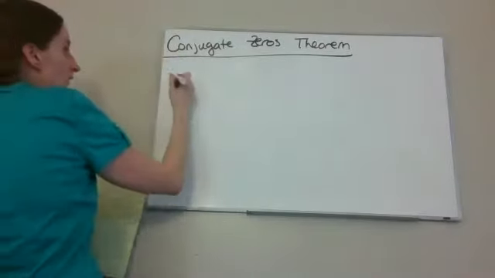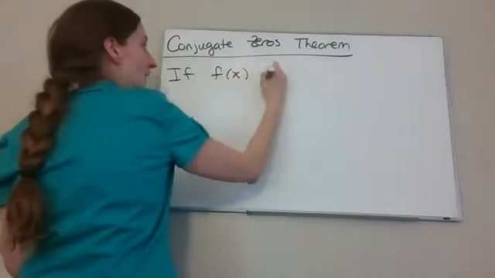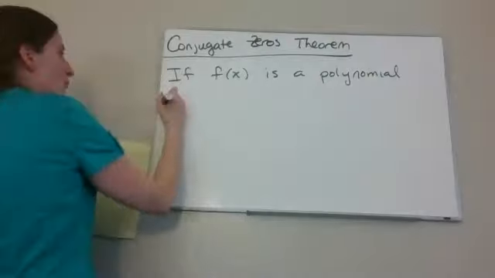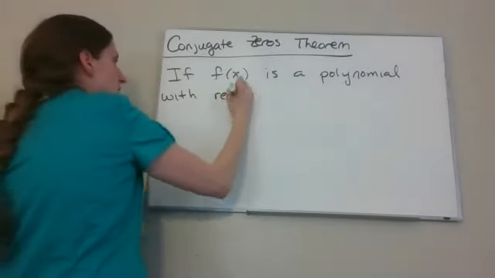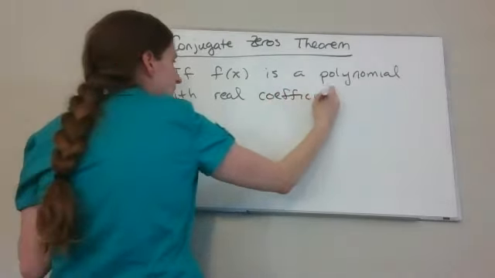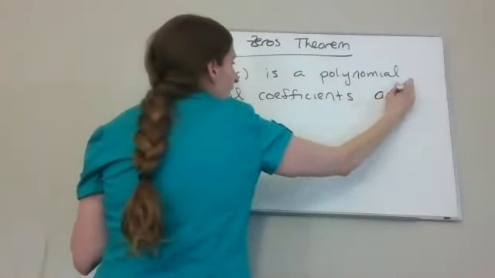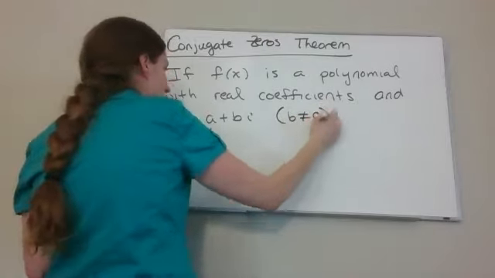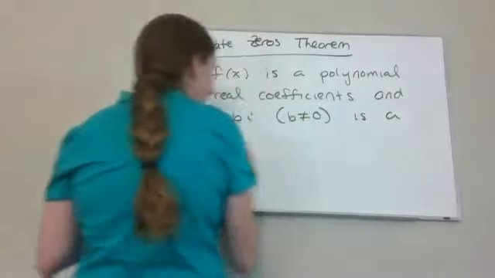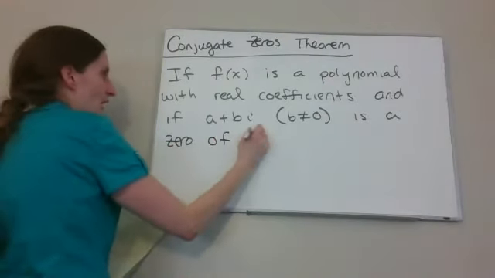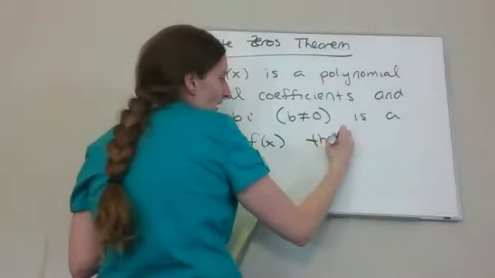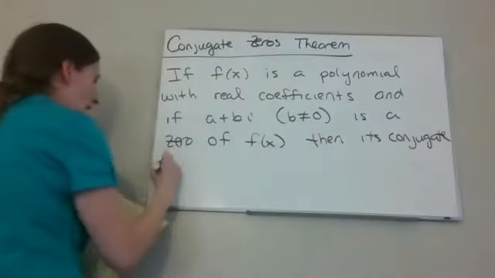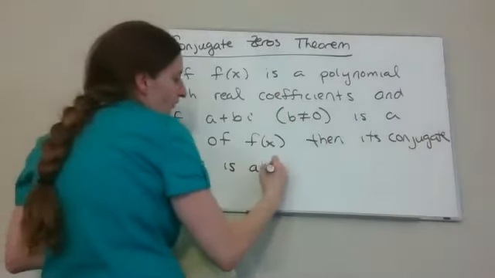So the conjugate zeros theorem states that if f of x is a polynomial with real coefficients, and if a plus bi with b not equal to 0 is a 0 of f of x, then its conjugate, a minus bi, is also a 0